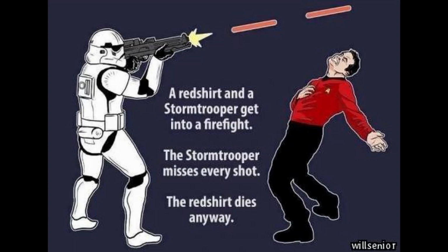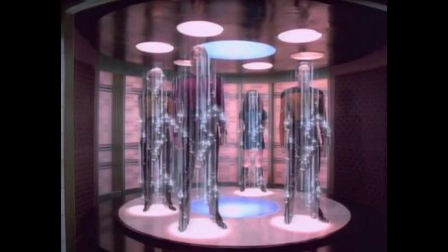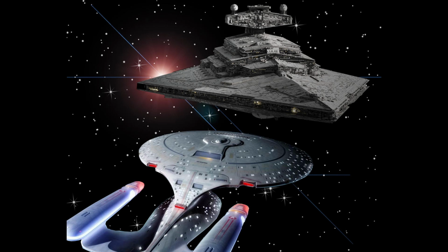As for ground forces, it's really a case of apples and oranges in my opinion. On the one hand, the Empire uses armored transports and various beasts of burden and speeders to get around. On the other hand, the Federation just has transporters, which are capable of placing personnel and material anywhere that's not shielded. So, how will this impact the overall matchup? Well, you'll just have to check out the rest of the series and see what I think about that question,